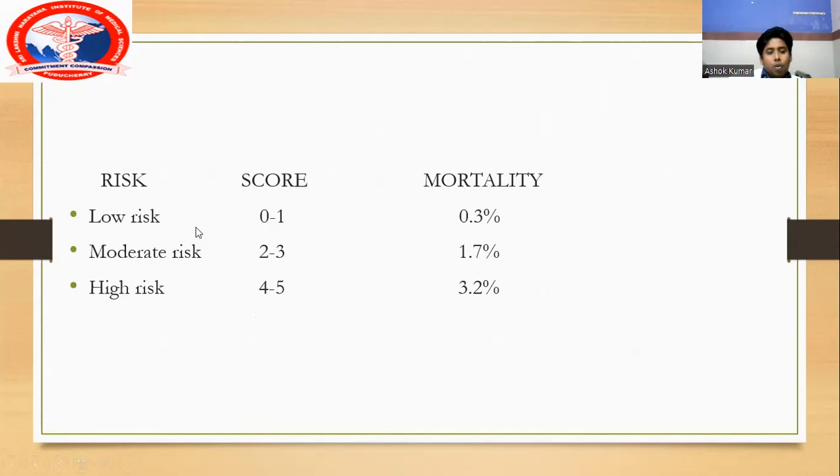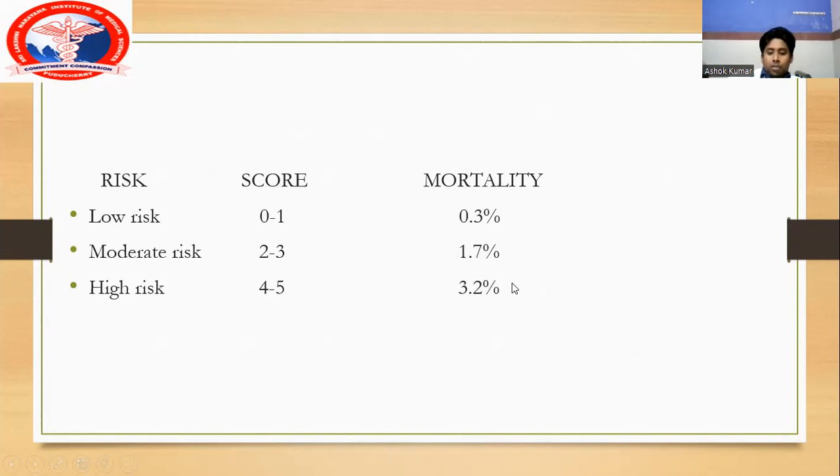So if the score is 0 to 1, the patients are categorized under low risk and the mortality rate is 0.3%. If the score is 2 to 3, it's classified under moderate risk and they have a chance of 1.7% mortality post-operatively. And if the score is 4 to 5, it's high risk for bariatric surgery and the mortality rate